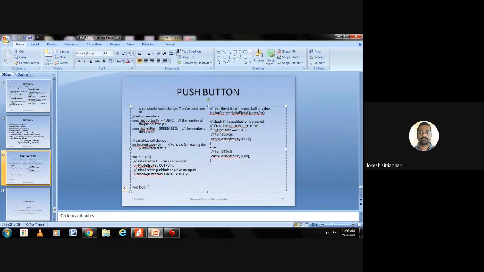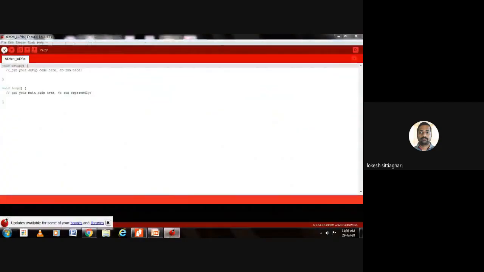If a button is used, in the pin mode you can see we need to specify pull up or pull down. By default, Energia will take only pull up logic. Pull down logic is not available in Energia. Simply by putting this code and executing here, you can get the same thing. So verify, and then you need to upload.